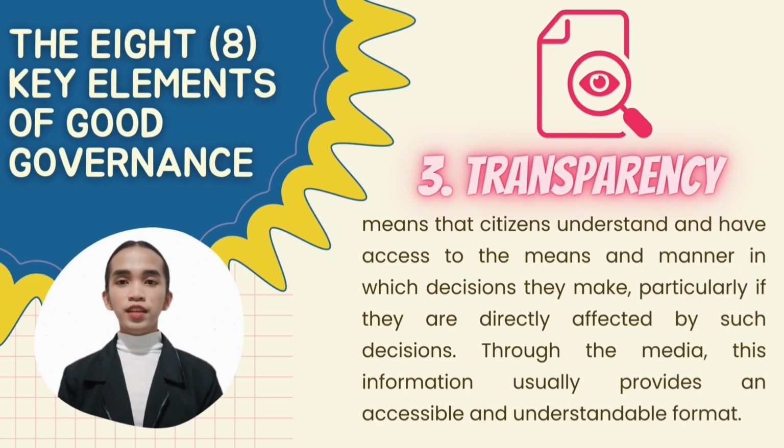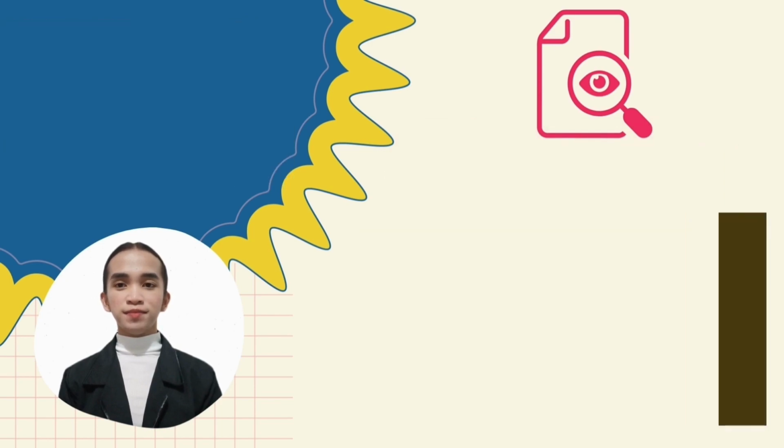The third key element of good governance is transparency. The feature views that information must be accessible in easily understandable formats and media. Since governance standards and procedures influence particulars, they should be freely and directly available to everyone. As a result, enough information enables them to be easily understood and monitored.